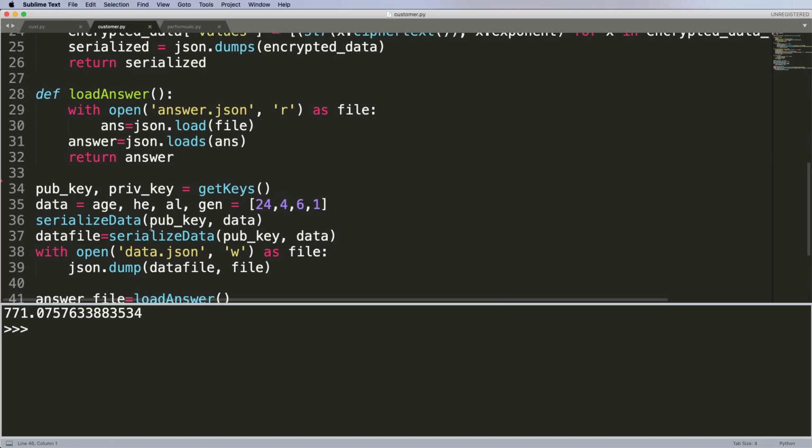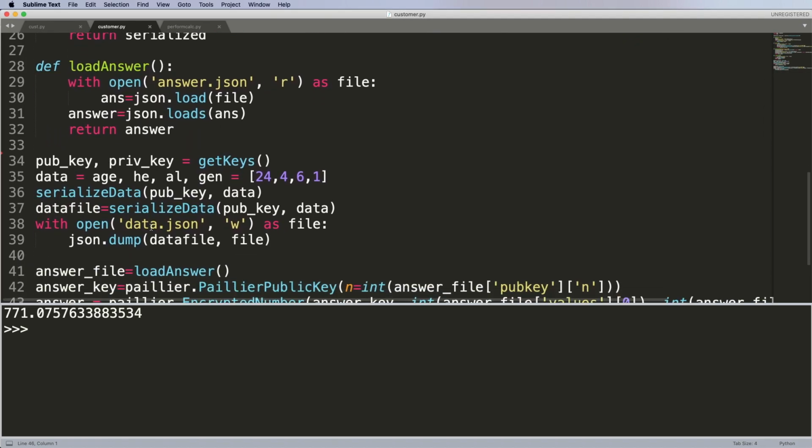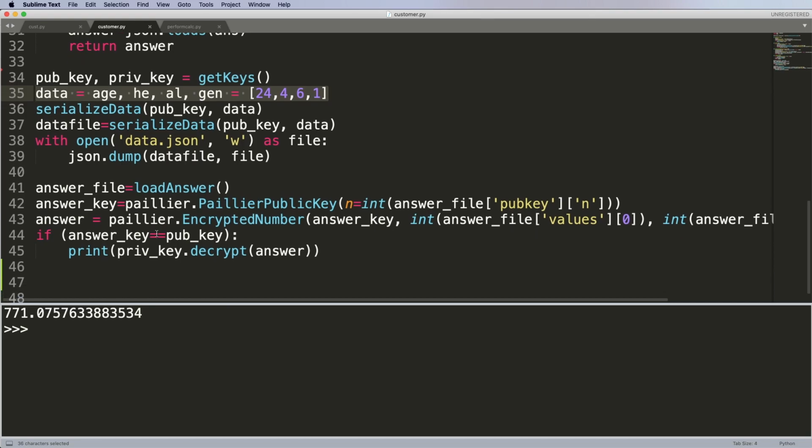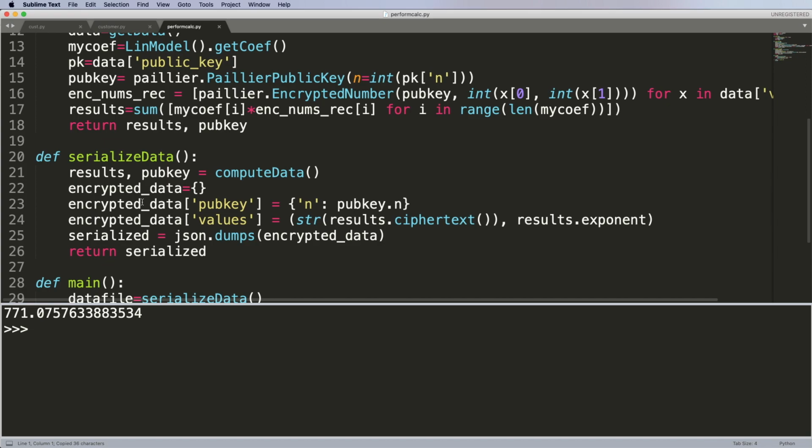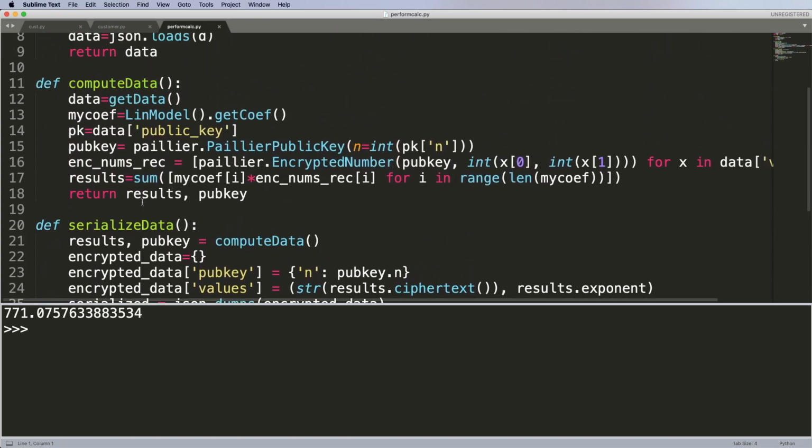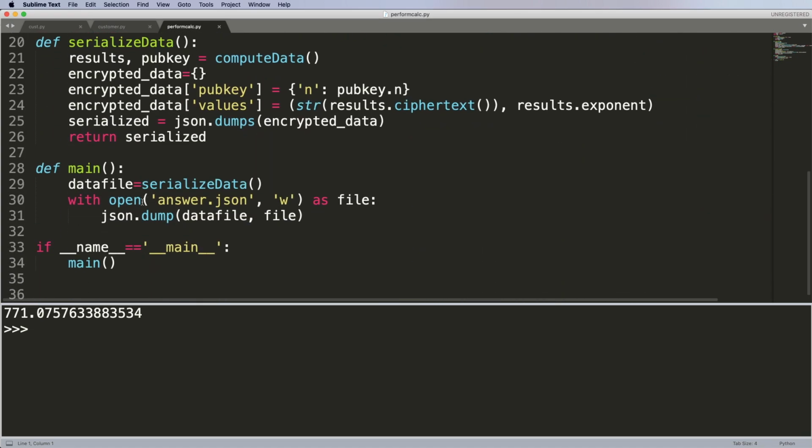I think what I want to figure out now is, now that I do have access to those scalars, let's say this was the data that I'm looking at. I actually want to test whether or not the encrypted data did the calculations properly. So 771 is what this gave me when I used this encryption method. Let's go back to this file here, where we know that this is sitting on the company's server. And again, remember when the company got these scalars, they were encrypted. So I'm just going to drop these actual data values in here.